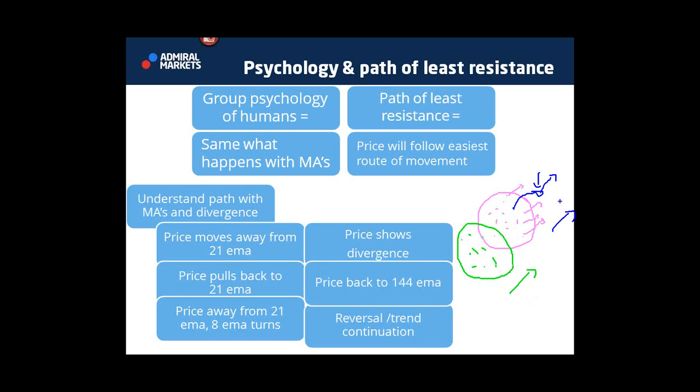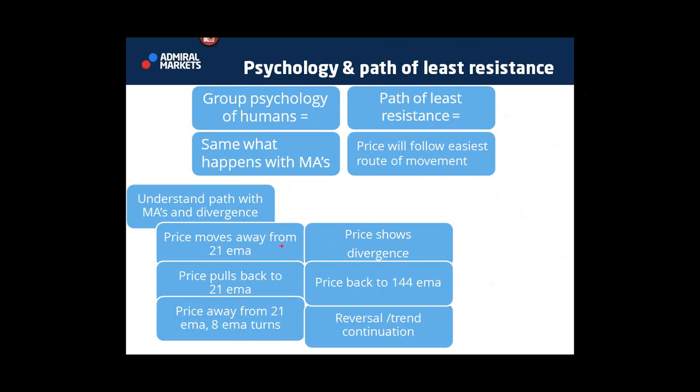So this is kind of the momentum, and this will continue to go this way as the average goes along, until at one point we get divergence and a person thinks, wait, I've moved way too far here. I think the average will probably be more here. So we'll get a circle eventually that will be around here and not all the way here, because people will realize they're going too far. All right, so that's my amateuristic explanation of how you can see psychology in it. The path of least resistance basically says that price will follow the easiest route of movement.